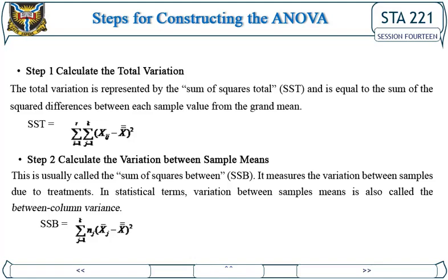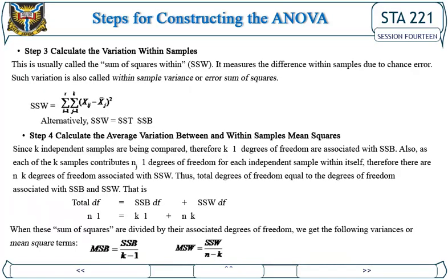Step 2. Calculate the variation between sample means. This is usually called the sum of squares between, SSB. It measures the variation between samples due to treatments. In statistical terms, variation between sample means is also called the between-column variance. SSB is equal to